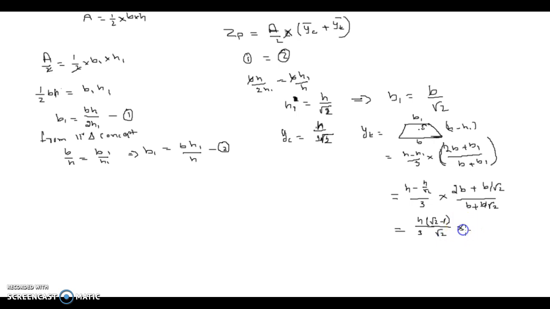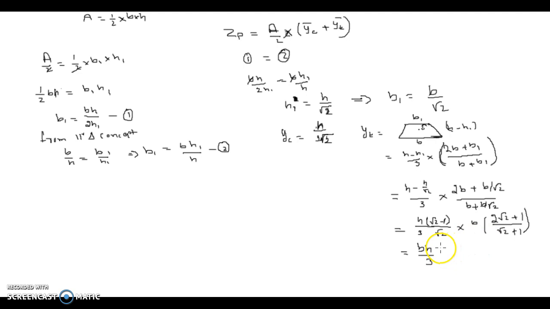And again here, if you take the common outside, you are going to get 2 root 2 plus 1 divided by root 2 plus 1. The whole root will cancel. Now this is simply you are going to get bh by 3. So it is something like root 2 minus 1 is there, and here root 2 plus 1 is there. Okay, so what I